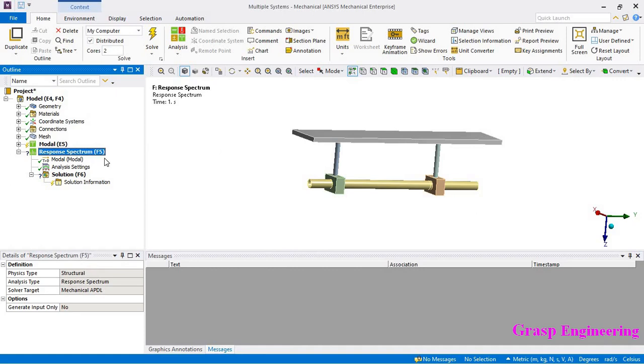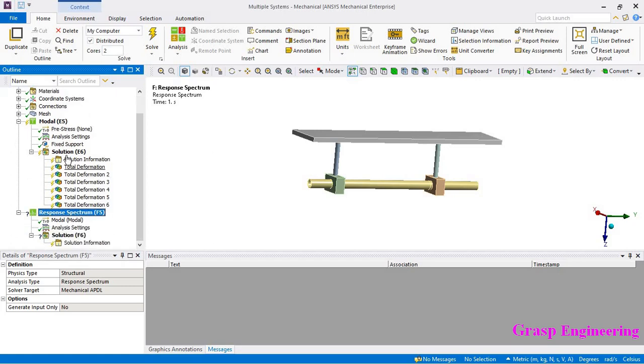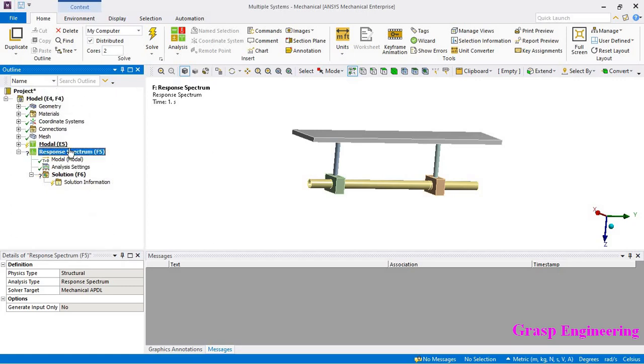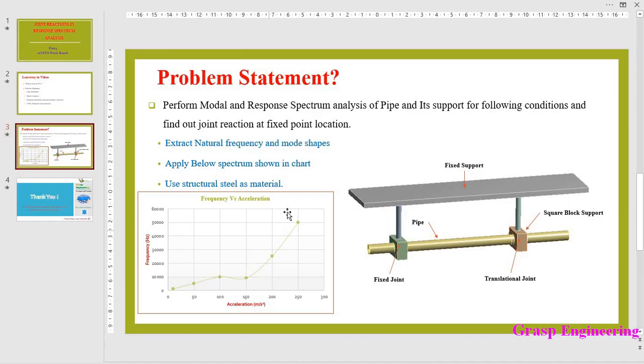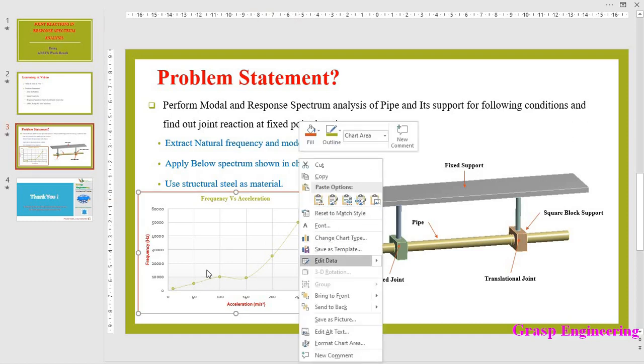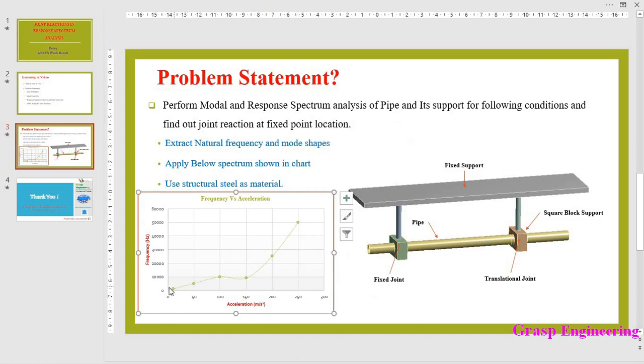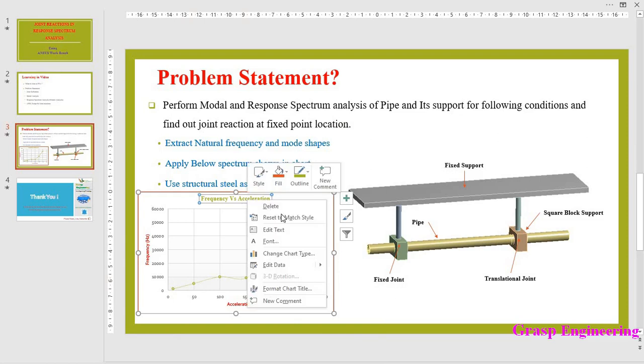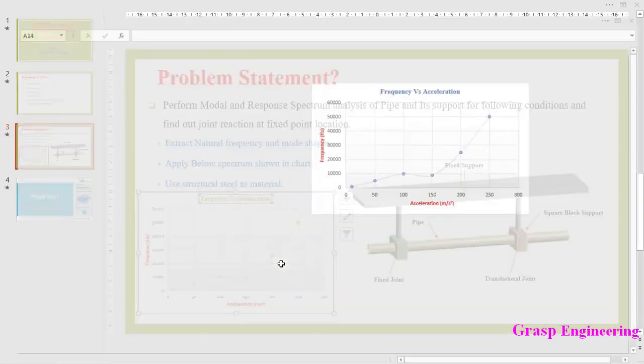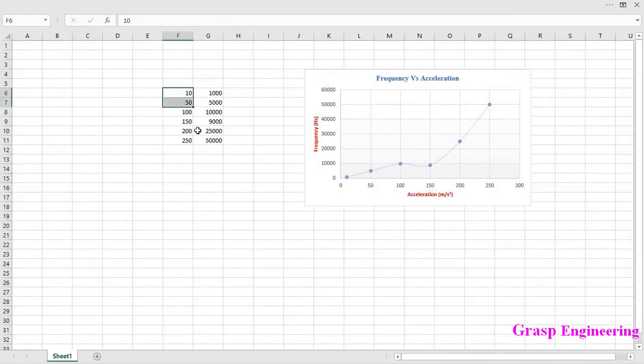Now let's see how to apply loads in the response spectrum simulation. So what we are doing, once this simulation is done, we will carry that result into a response spectrum analysis. So here we have a spectrum, you can see this spectrum. So right click here, or you can refer from here to see the different values. These are assumed data, so whatever your actual data is, you just use that data.